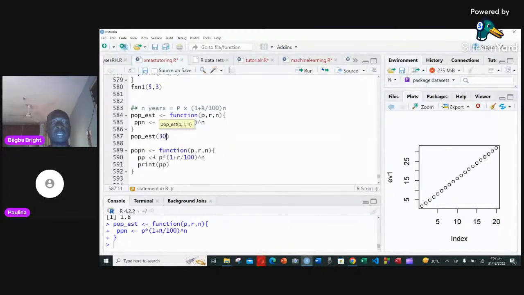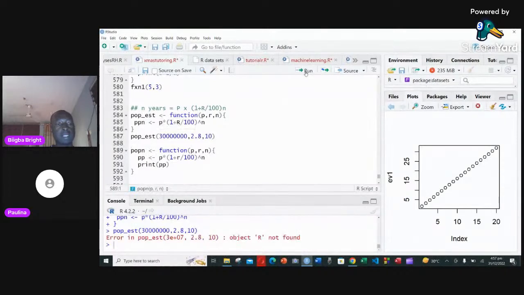So 30, 1, 2, 3, 1, 2, 3. Then what is the growth rate of Ghanaians? It is 2.8. R is 2.8. And then how many years do we want to estimate? We want to estimate in the next maybe 10 years what will be the population of Ghana. When I do this, if I run it,